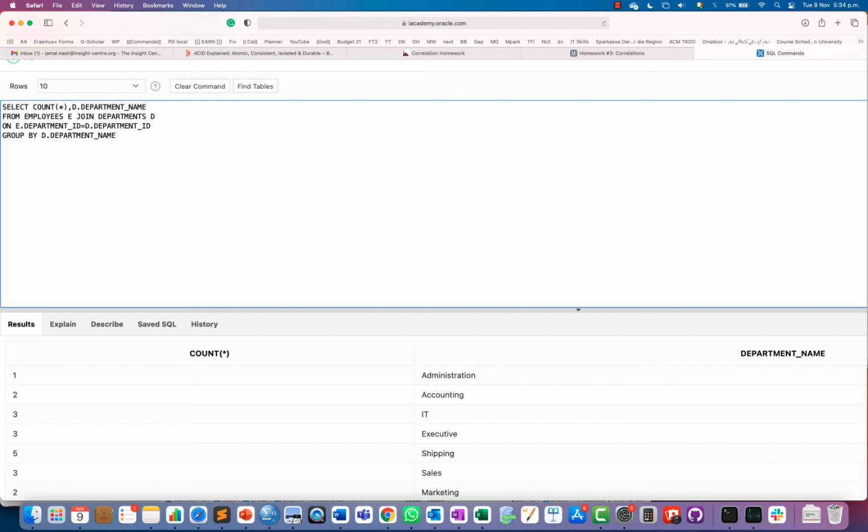It would not make sense if I tried to print E dot first name for each department. Why am I interested in finding the employee first name? It would be confusing because in each department there would be so many employees, right? So when we are grouping data, we cannot print individual rows' data.